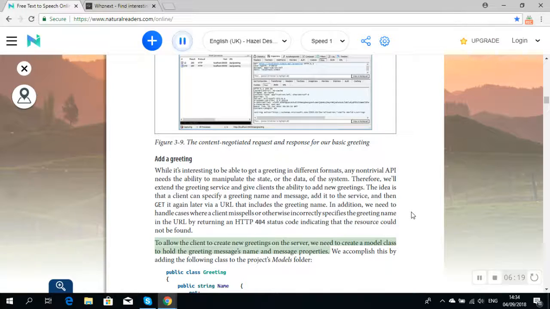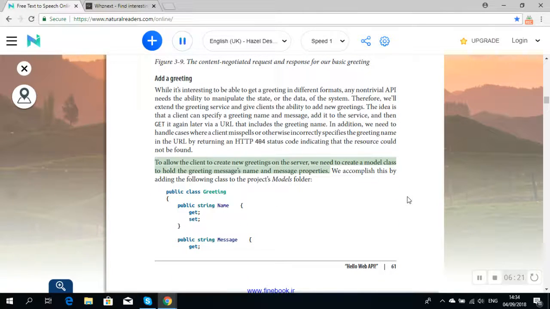To allow the client to create new greetings on the server, we need to create a model class to hold the greeting message's name and message properties. We accomplish this by adding the following class to the project's Models folder. Public class Greeting. Public string Name { get; set; }. Public string Message { get;